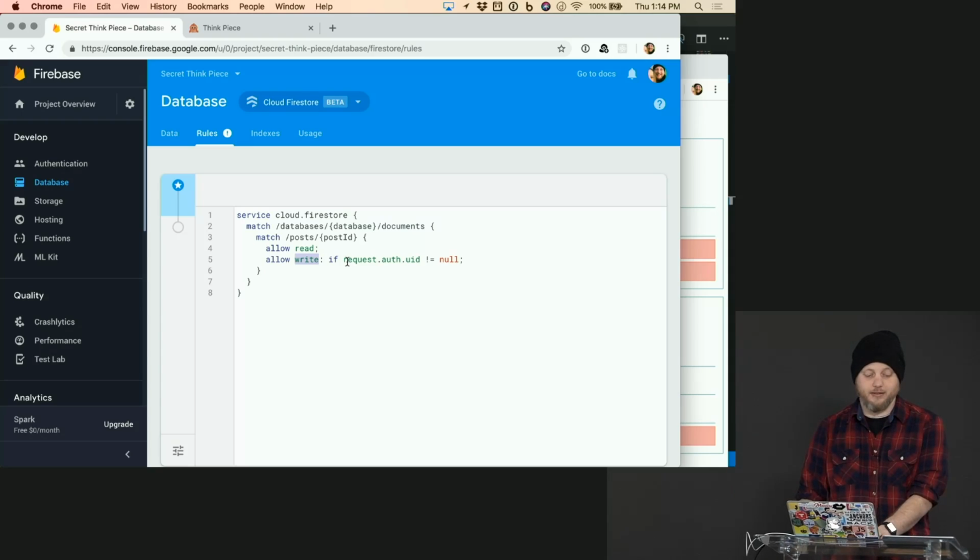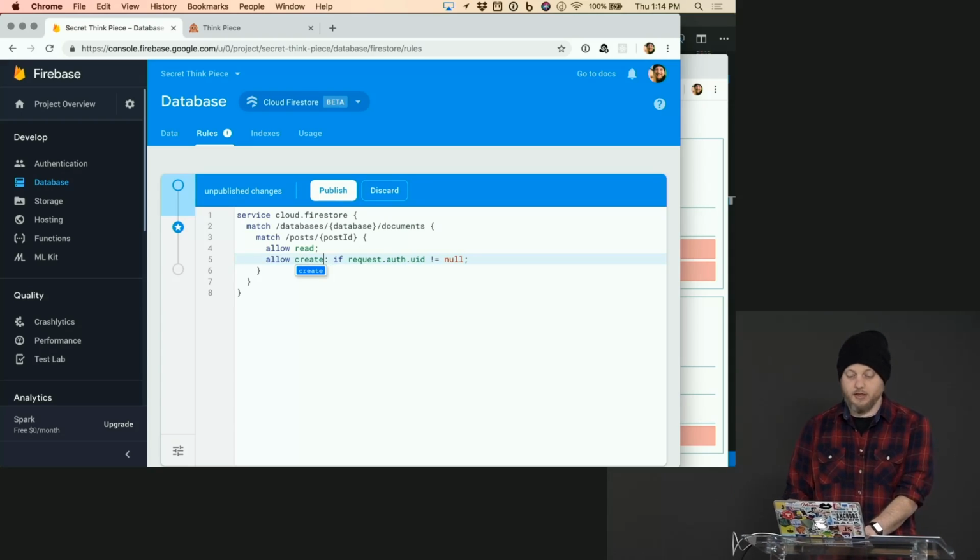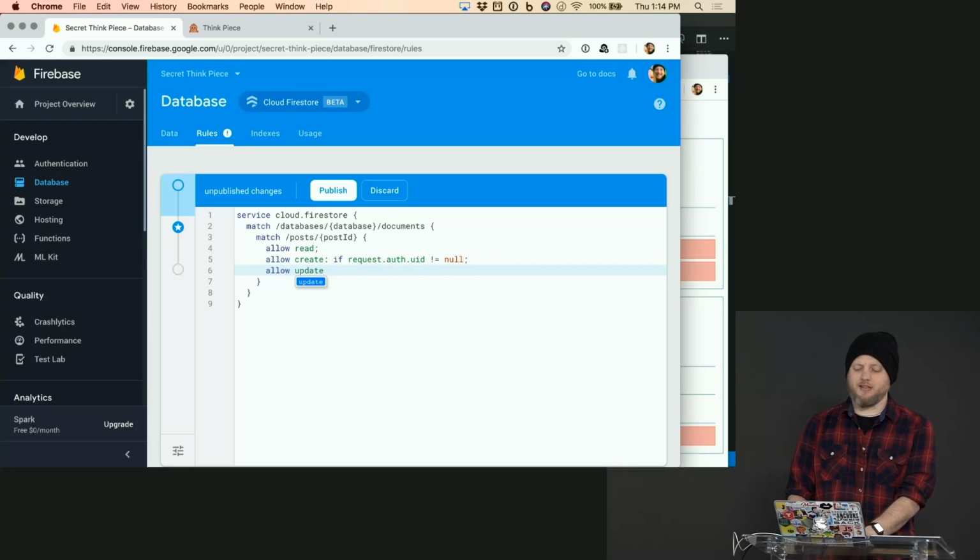We'll say, OK, they can create if the request auth UID does not equal null. But if they want to, let's say, update, we have the star, right? So let them create or update if they're logged in. However, they can only delete if the request auth.uid